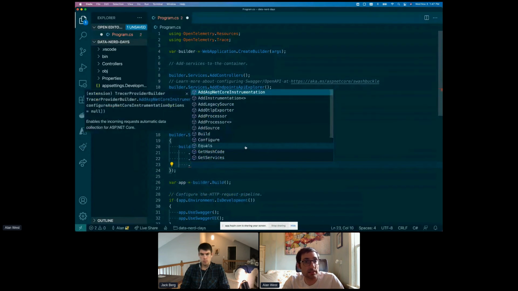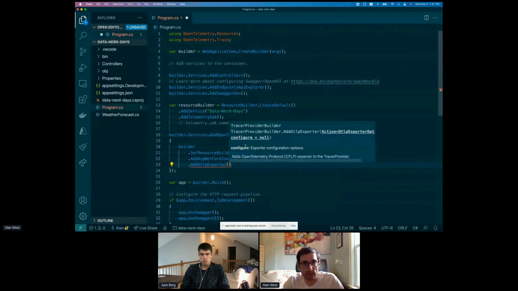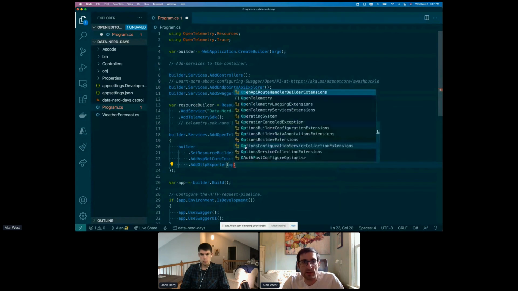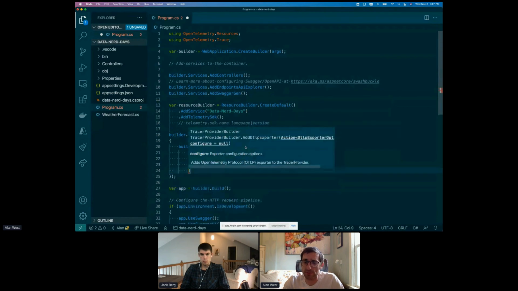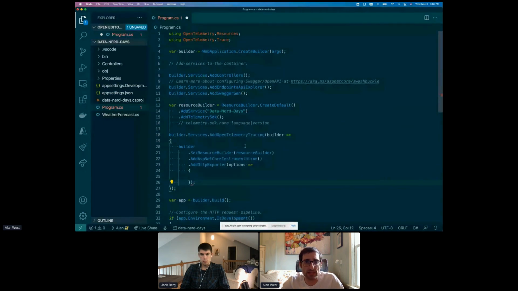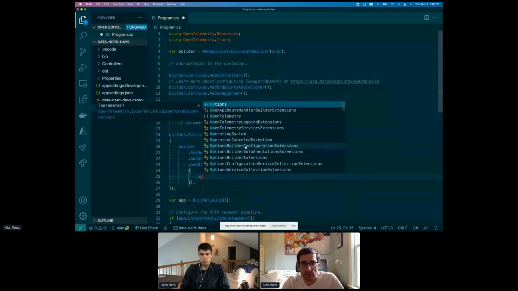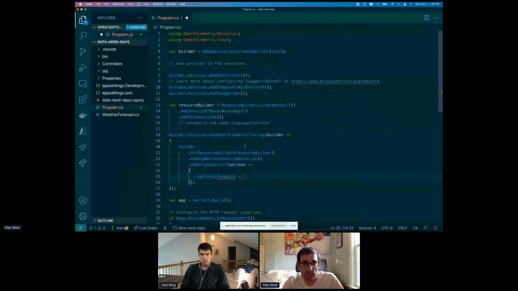And then lastly, I'm going to configure our OTLP exporter. So I want to send data to New Relic. So I am going to be explicit here. Again, this is all configurable via environment variables as well, but just in the spirit of doing this programmatically, I will set the options here. So the first thing that I need to do is the endpoint,